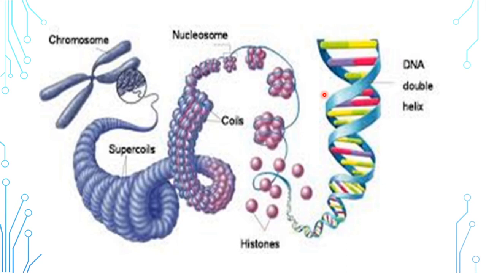Then in case of eukaryotes, what happens? In eukaryotes, we have a proper chromosome. This is the chromosome, and the chromosome is made up of DNA. When we try to see what is present here, it is seen that they are very highly coiled. Then the supercoils. These are the supercoils. When we try to open up the coils, further we open up the coils,